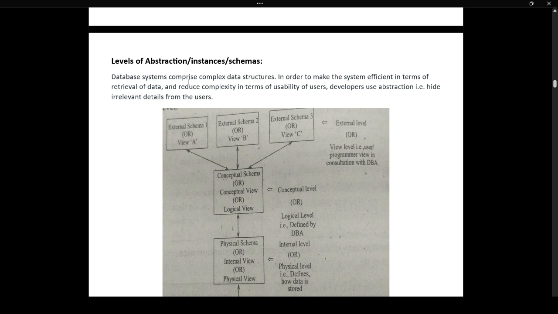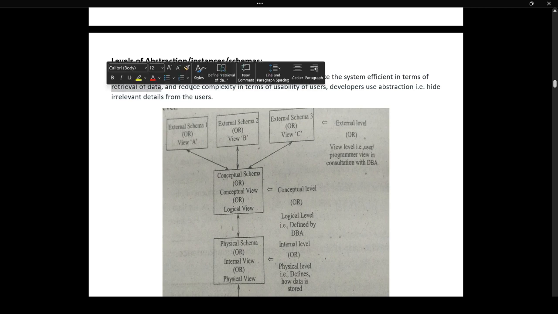So how does abstraction play an important role in the database management system? A database management system consists of large volumes of data that we need to manage. When managing that information, it is complex to use and complex to retrieve the information when each and every detail needs to be known to the user. So to reduce the retrieval complexity